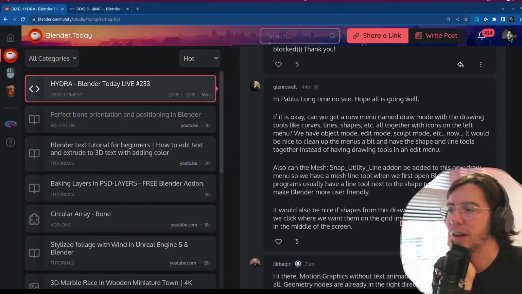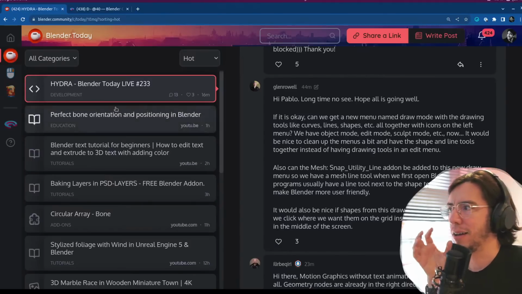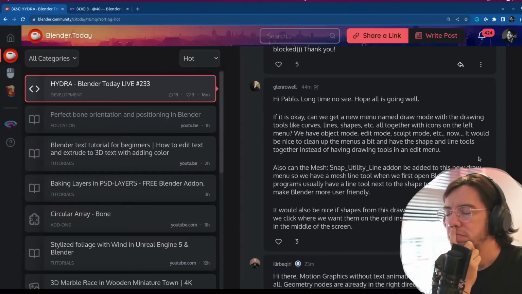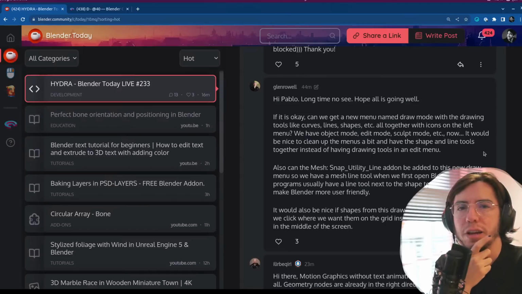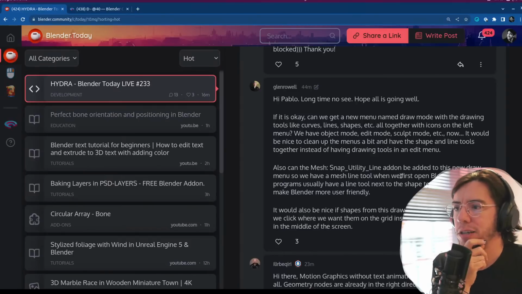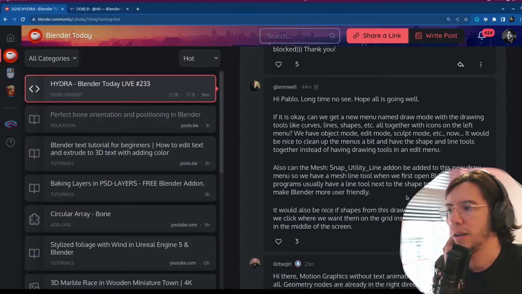Could you make a mock-up, maybe a right-click select option? Sorry, a right-click select proposal with the tools that you think should go in that menu. Also, can the mesh snap utility add-on be added to this new draw menu? So we have a new mesh line tool, and when we first open Blender,